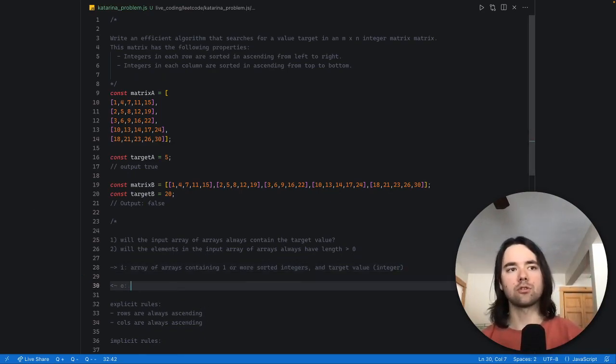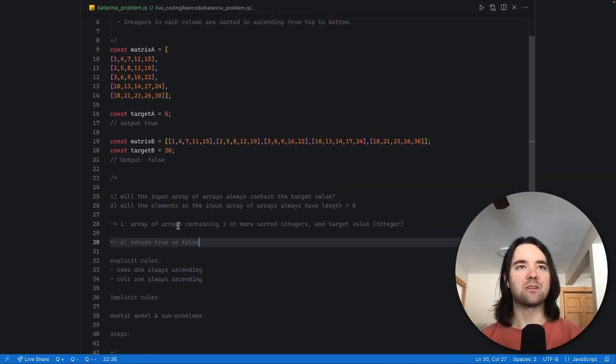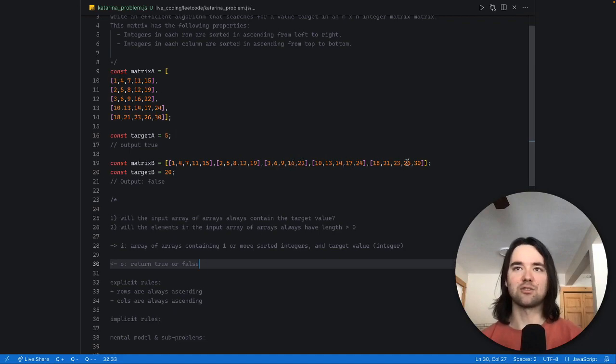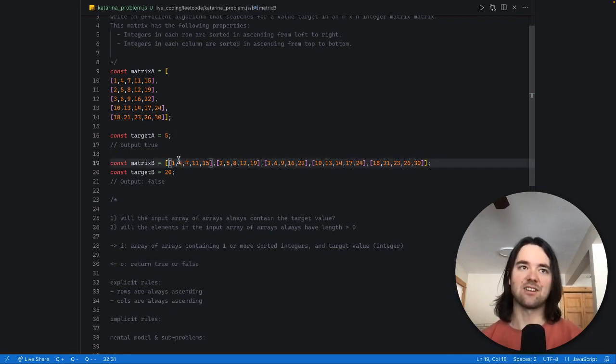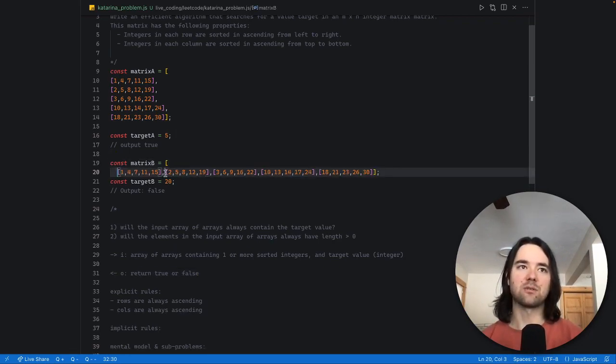And we just want to return true or false. That's actually the point here, that there isn't a 20 in this second array of arrays, so we can just